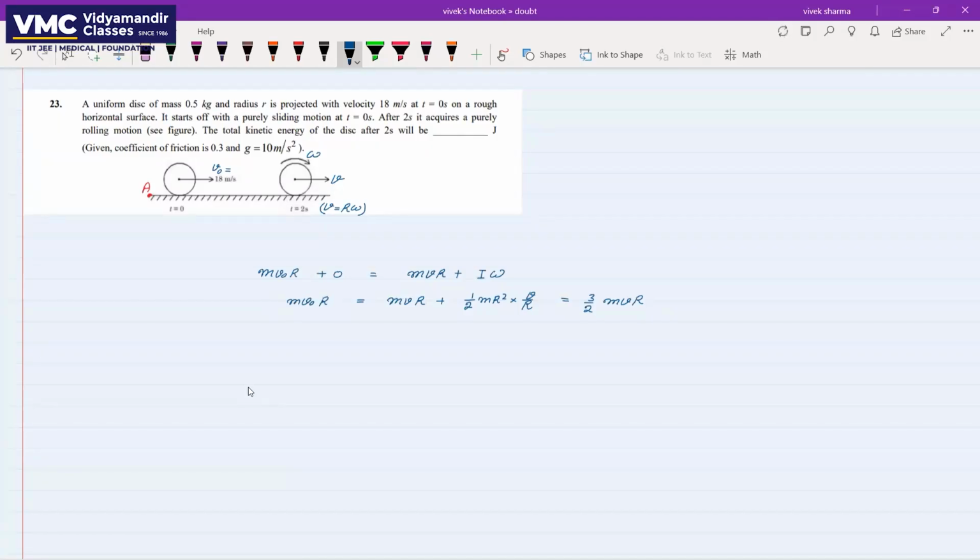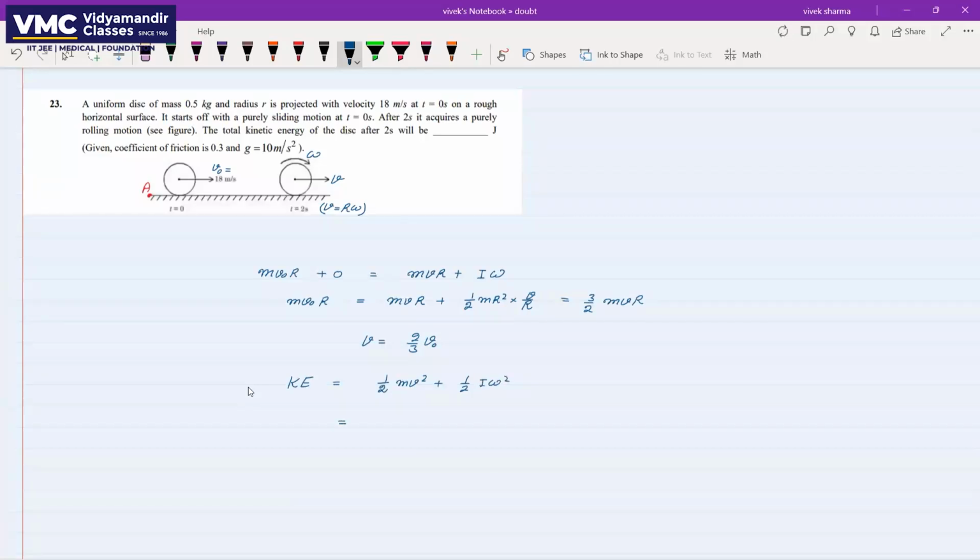MR both side cancel out हो जाएंगे. So from here I can find v is equal to 2/3 times of v naught. So at the time of pure rolling, its velocity will be 2/3 times of v naught. And question में हमसे पूछ रहा है इस टाइम पर काइनेटिक एनर्जी कितनी होगी. काइनेटिक एनर्जी अगेन क्योंकि रोल कर रही है, so there will be both translational kinetic energy as well as rotational